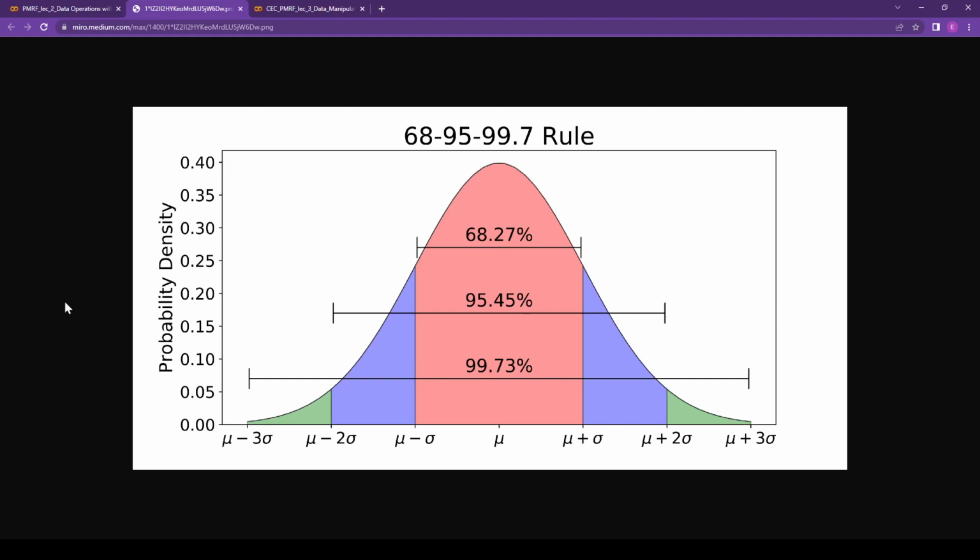So here you can see that mu is the mean of the normal distribution. Mu plus sigma and mu minus sigma, where sigma is the standard deviation. Between these two values is known as the first sigma or 1 sigma area. So this much area will include about